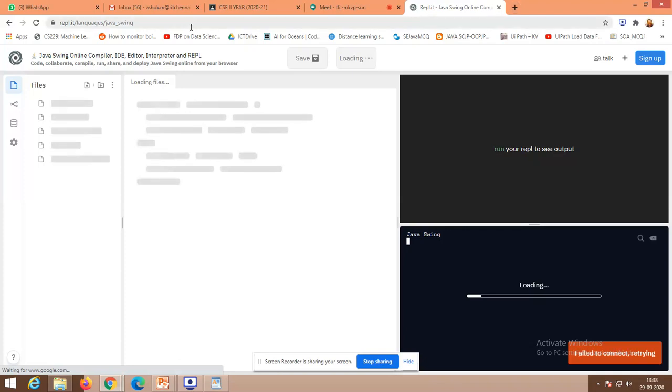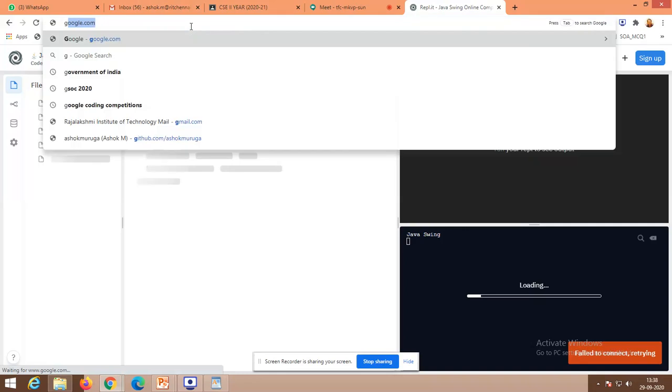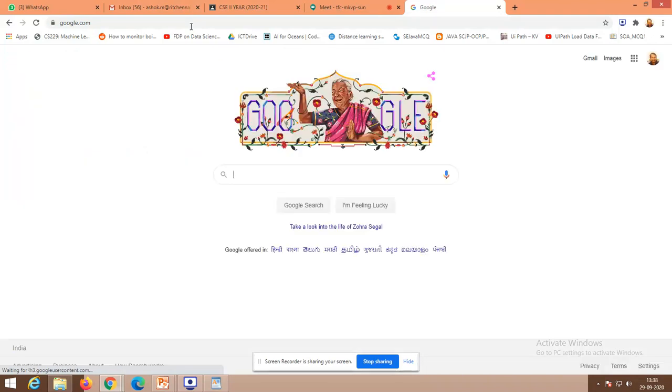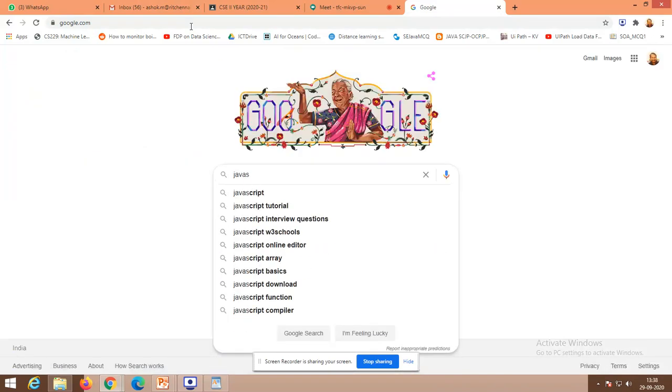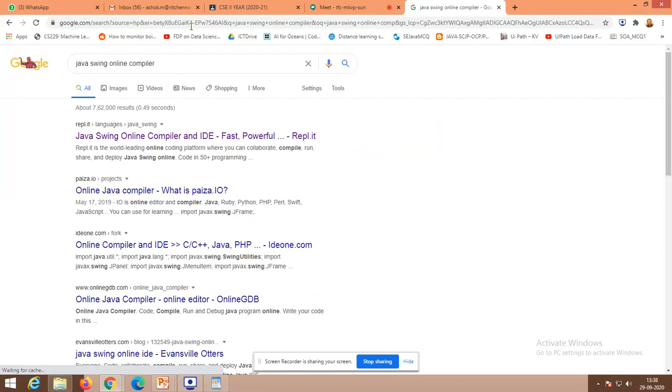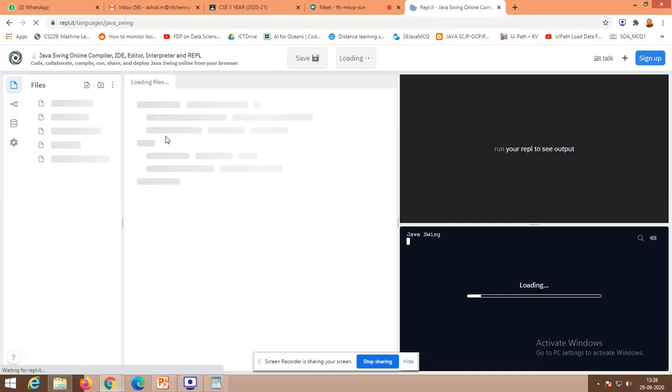Okay, so let me come through Google, because yesterday I executed all the exits here, so it might be gone down. Let's check. Java Swing Online Compiler. It's trying to open.